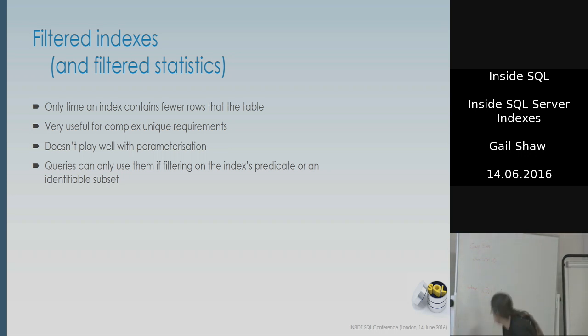Let me make that clearer. Is deleted is a bit, not null. It can only ever be 1 or 0. So if it's not equal to 1, it's 0. Cannot use it. So the optimizer is not quite smart enough to figure out that these two are the same thing. The other place that this goes really badly is when my index